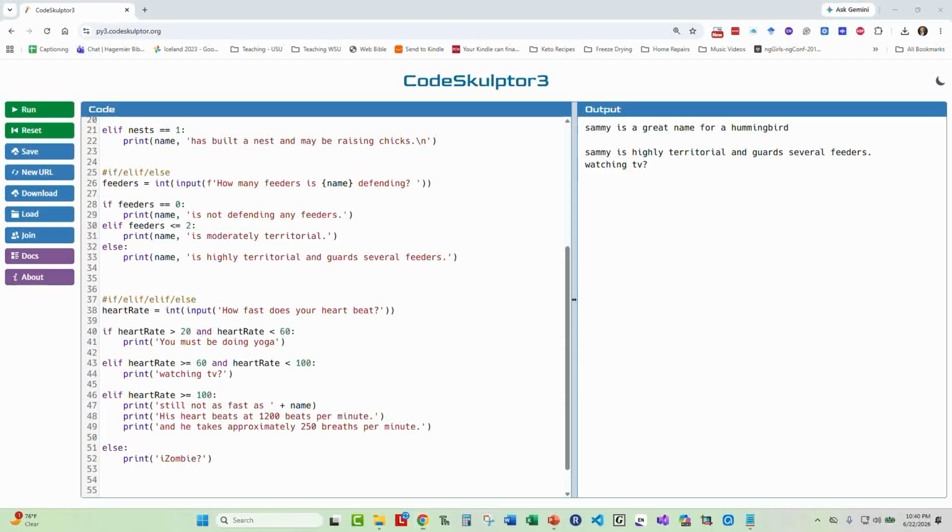Now I know this video is running a little bit long, so I'm going to stop it here. I'm going to create one final video because I would like to know if we can nest if statements. Could I put an if inside of an if or an elif? So I'm going to create another video for that. I'll just tack it on to the bottom of this code here since it's going to be using your